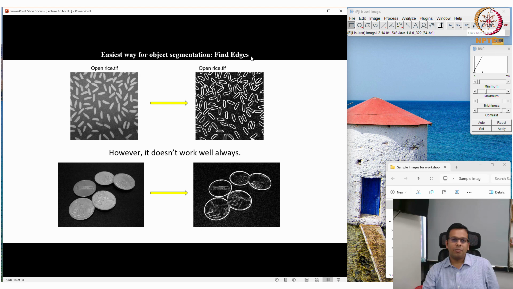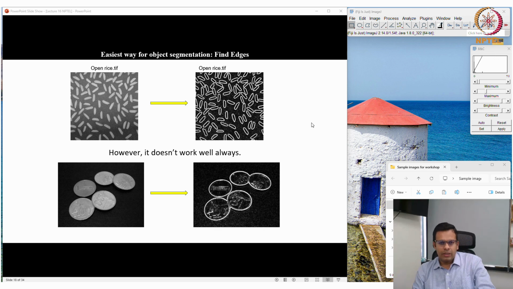So this find edges operation we already discussed, that if your objects are well separated and if you identify them or make the region of interest against them, you can use the find edges function from the image and it will identify your objects. But this operation will not work if your objects are overlapping like this, because if the objects are overlapping, it will just show it as a single object, not as two different objects.